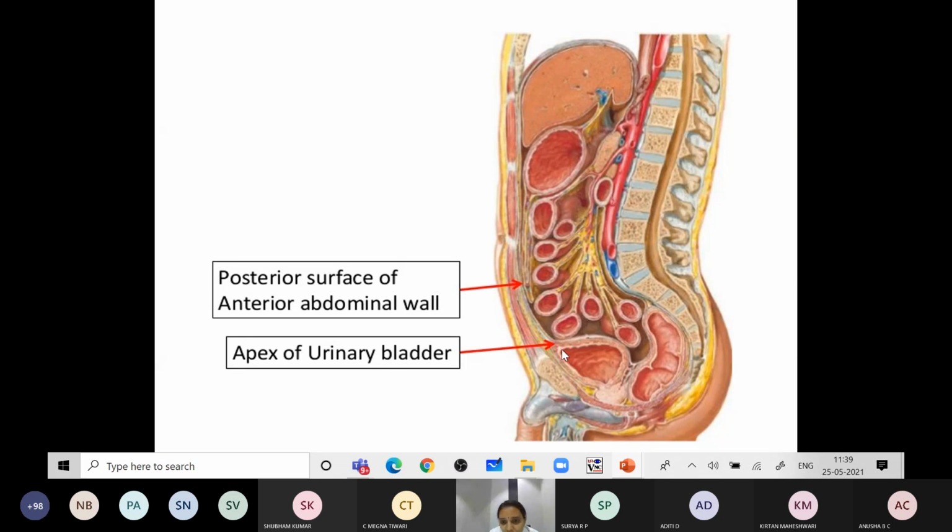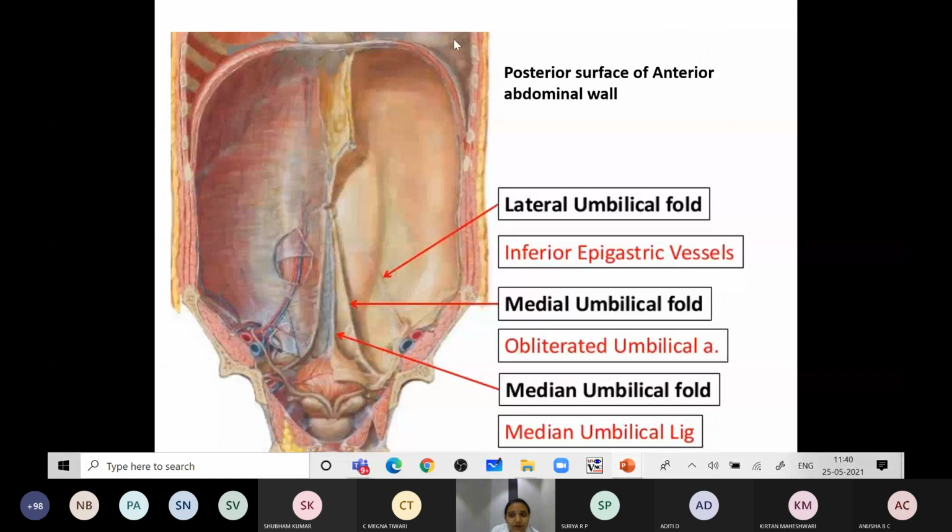Here this is the apex of the bladder, which extends along the posterior abdominal wall till the umbilicus. This is a sagittal section. Here this is the posterior surface of the anterior abdominal wall. We are viewing it from behind. So this is the parietal peritoneum which is covering the anterior abdominal wall. On the posterior surface of the anterior abdominal wall, we can see some folds